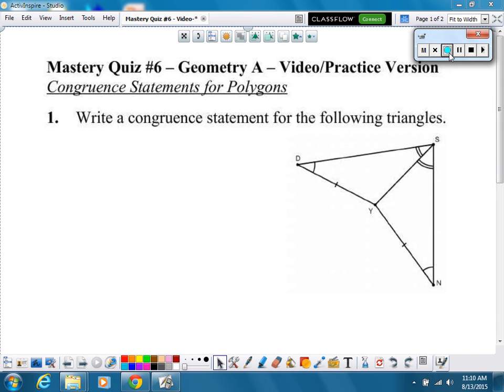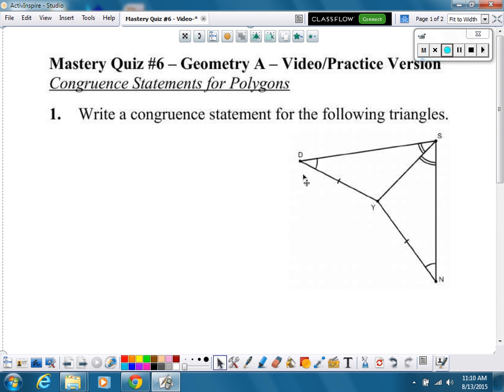diagrams on the triangles indicate that angle D here and angle N with that same arc, that single arc there, means that they are congruent. They would be corresponding to each other. And the two triangles share point Y here, so Y would correspond with Y. And angle S here, actually angle DSN, is cut into two angles, but they are also congruent, designated by those